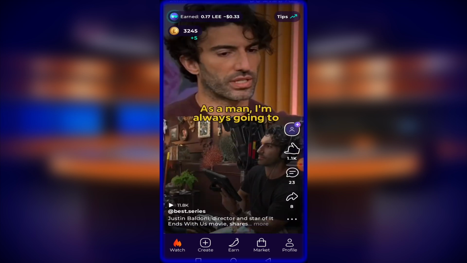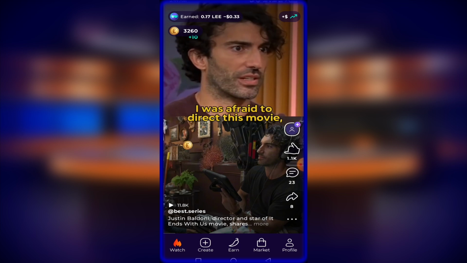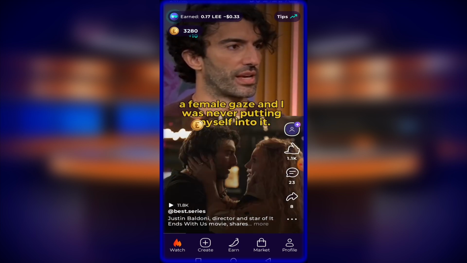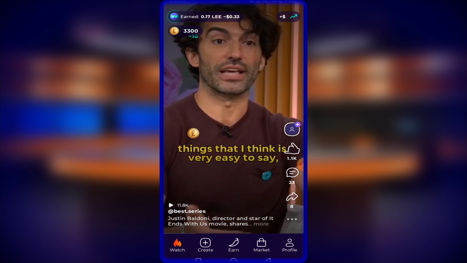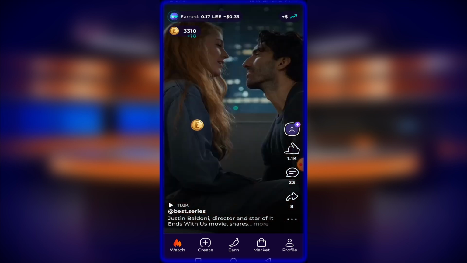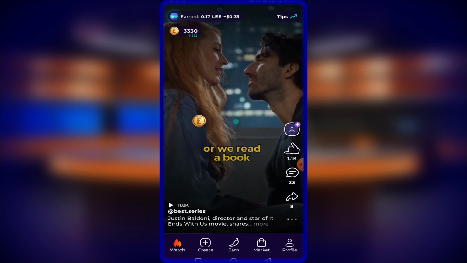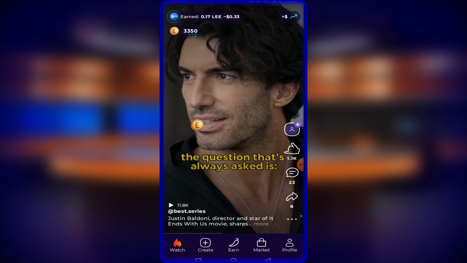So this Lee is a coin, and you can withdraw it to your Binance, to your exchange, and when you withdraw it, you then convert it to maybe USDT or any currency of your choice, and you sell it off and make your money.